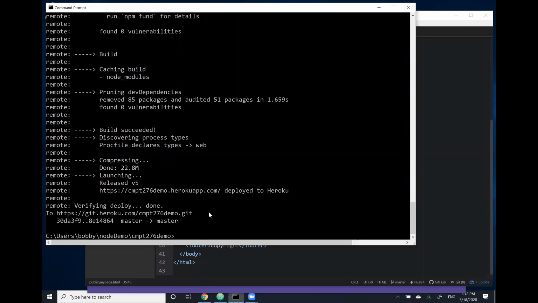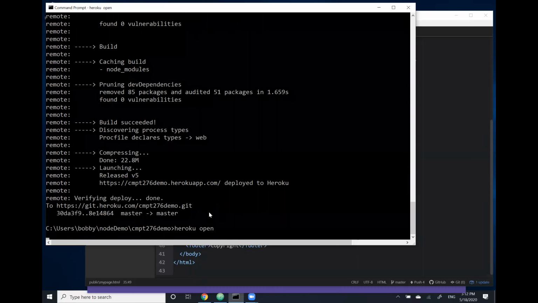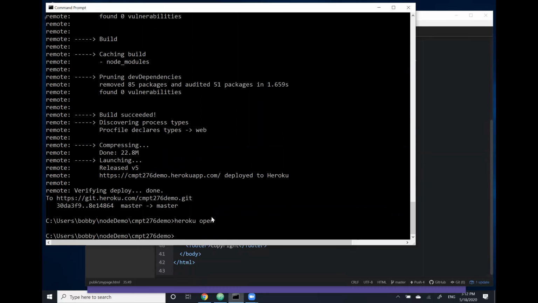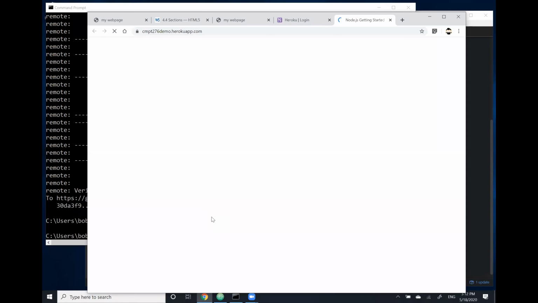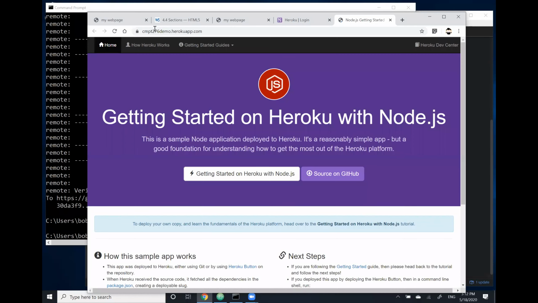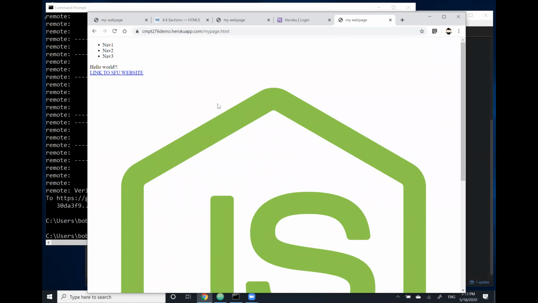Okay, so if I go to Heroku Open, all right, so you see this is the application. If I then go to my page.html, this thing should show up. Okay, great. So the next thing that we want to discuss is